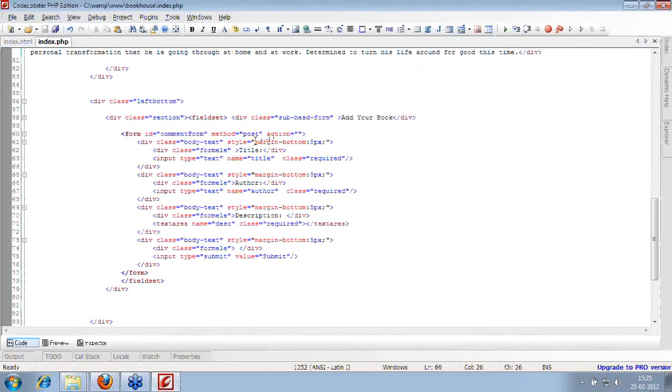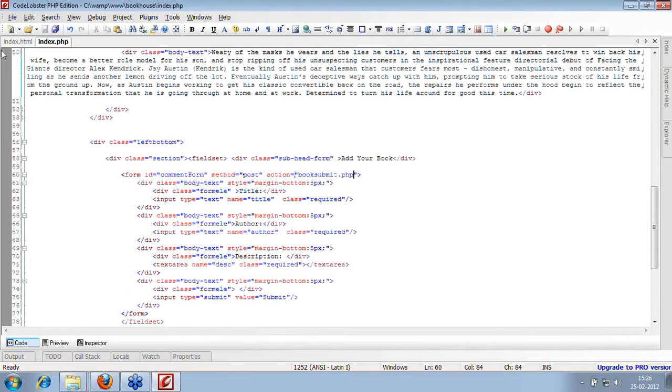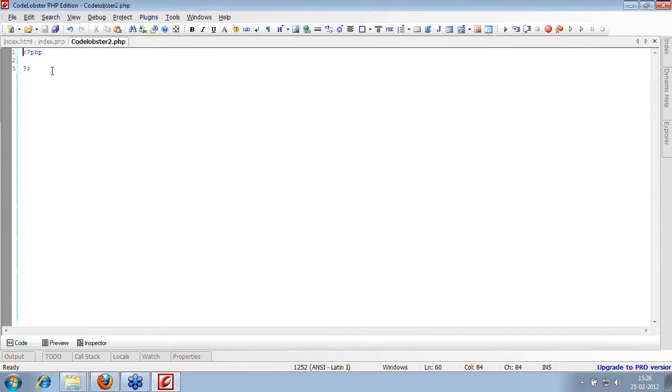Now this is my form. My form does not have any action. That means I need to define here where my data is going to go. I can just leave this as it is and it will call the same page again and again, or I can create a different file to save the data and then do the redirect. So I'll create one more file out here. We'll say book submit. This is the file to which I'm going to post the data. So I'll set the action to book submit, and then I have to create the book submit file.